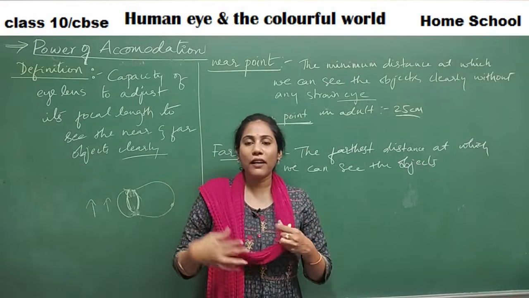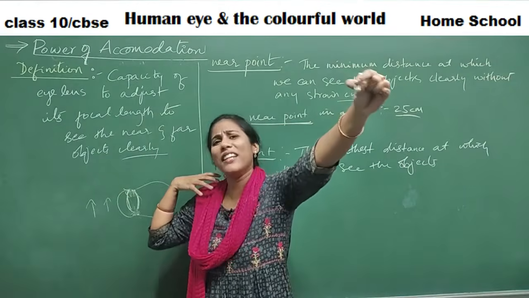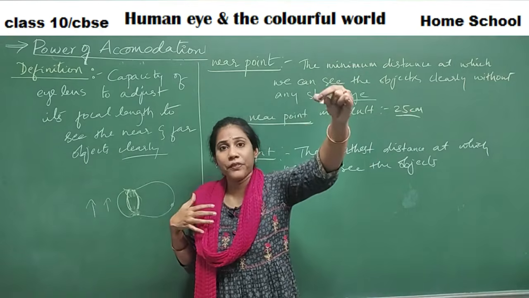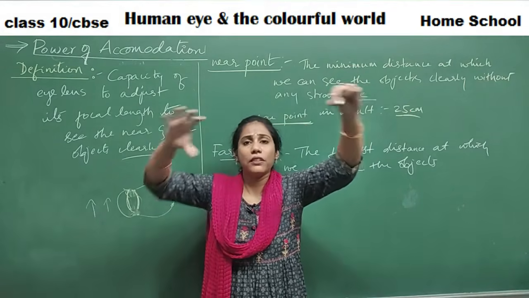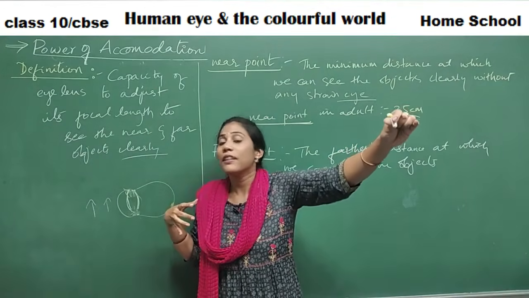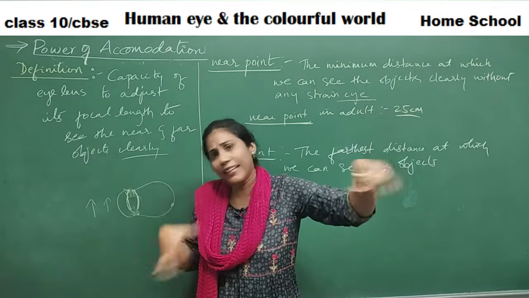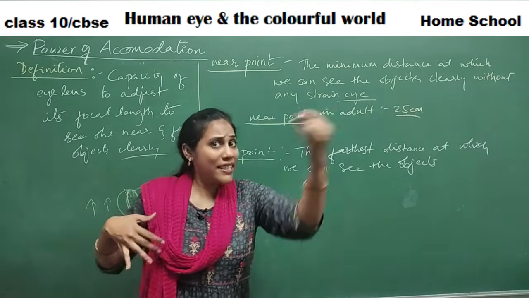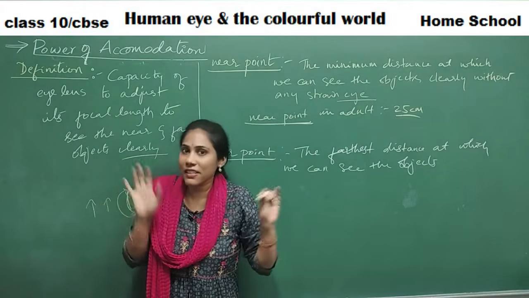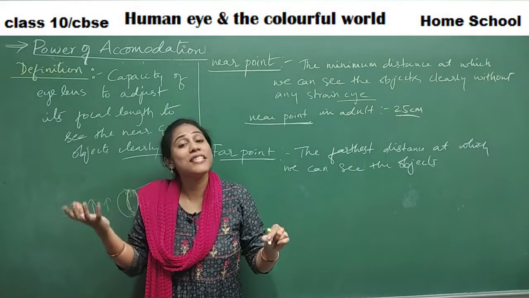Imagine you have gone to a very hilly area. How much distance can you see? Very far away things also you can see, but not very clearly. Whenever you go to a mountain area, you can see the whole lot of mountains. You can see the very far away things, no doubt, but not very, very clearly. But however far they are, you can see it. Far away things when you see, you don't get much strain on your eyes, right?